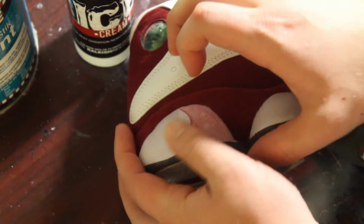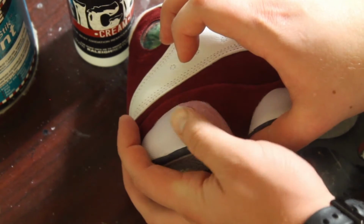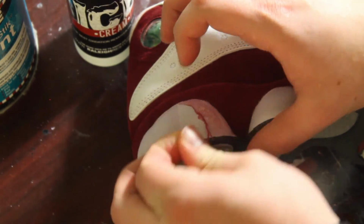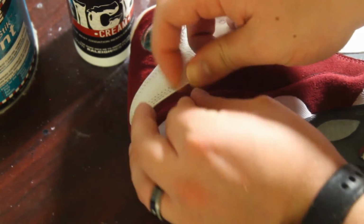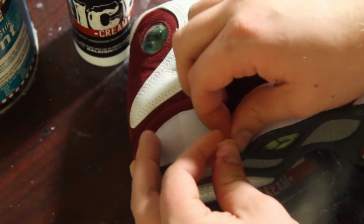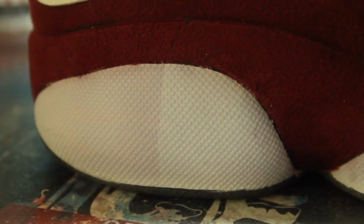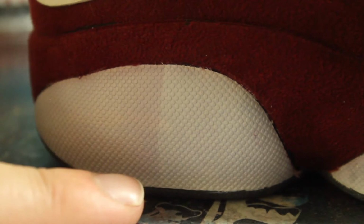And then after a little bit, you can just use your finger to get that. Okay, so now hopefully you guys should be able to literally see the line where the tape used to be,